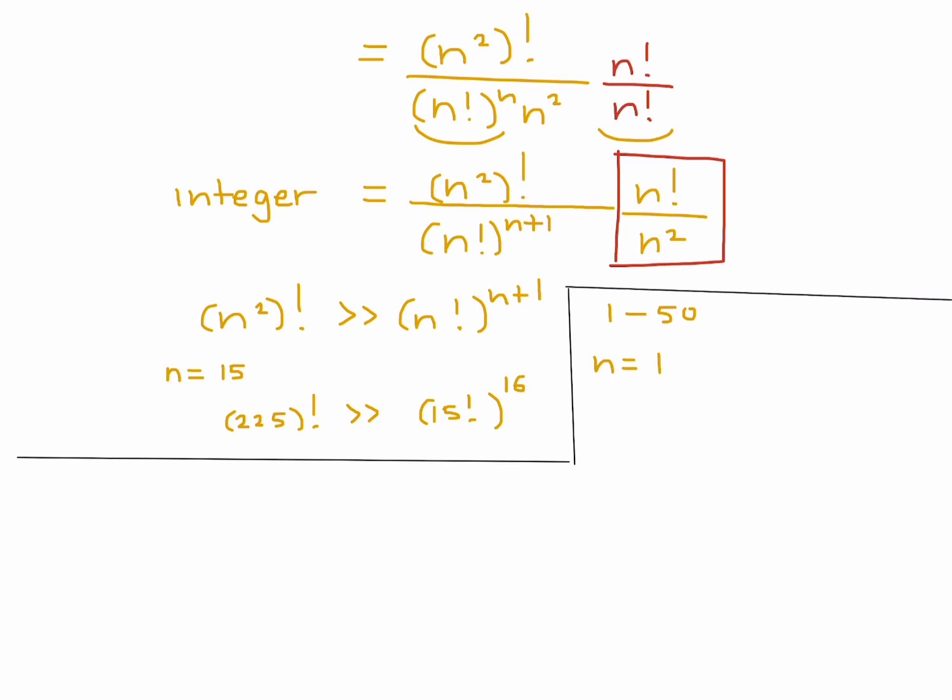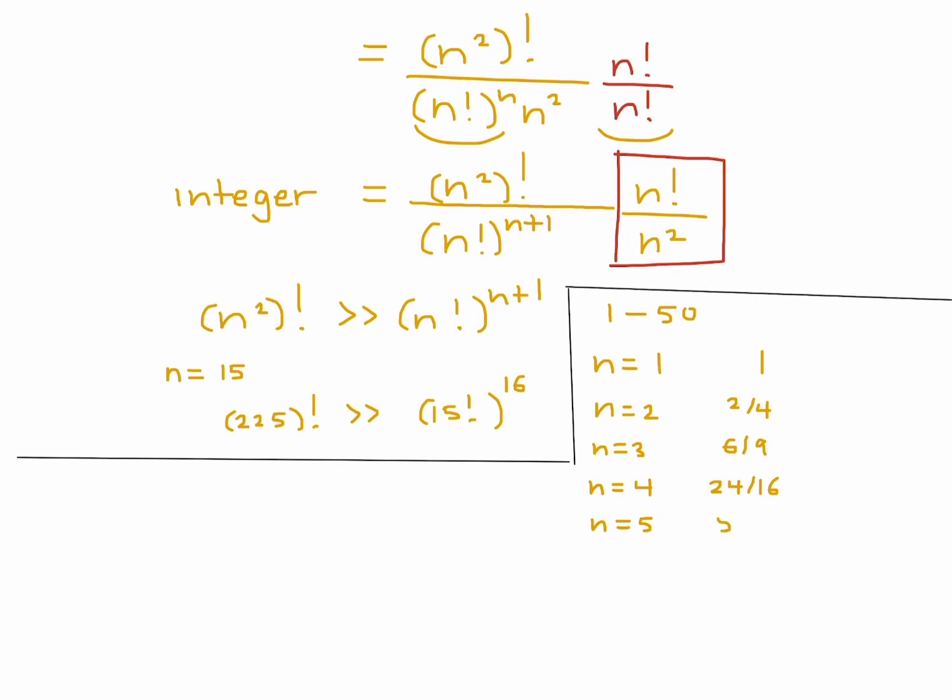When n is 1, we get 1. When n is 2, we get 2 over 4. When n is 3, we get 6 over 9. When n is 4, we get 24 over 16. When n is 5, 5 is interesting because I think it's a little bit clearer that when